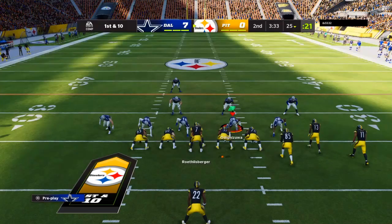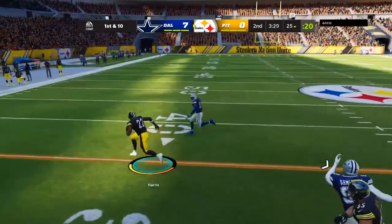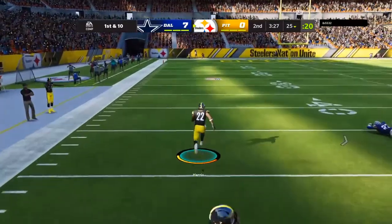I can hear my old college coach right now. He always used to tell us before every game, the team making the fewest mistakes will win. What they're hoping is that last mistake is...